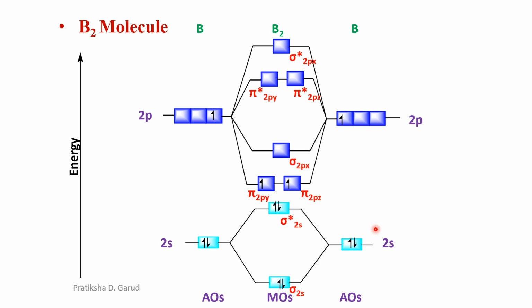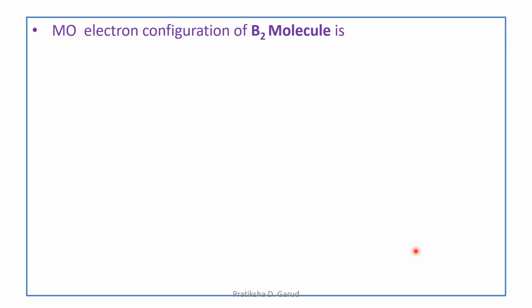Now from this we have to find out the next factor, that is the electronic configuration. So the MO electronic configuration of the boron molecule. Now we know that for the non-bonding orbital, that means the 1s, we have to put the letter K, and as there are 2 non-bonding orbitals, we have to repeat the letter K. Okay, so the electronic configuration becomes KK sigma 2s2 sigma asterisk 2s2, then pi 2py1 and pi 2pz1. So this is the MO electronic configuration for the boron molecule.